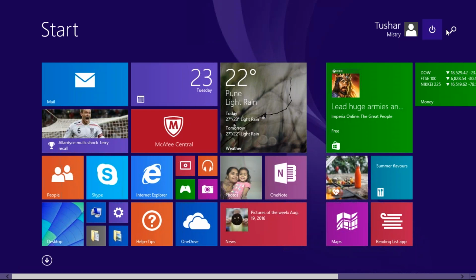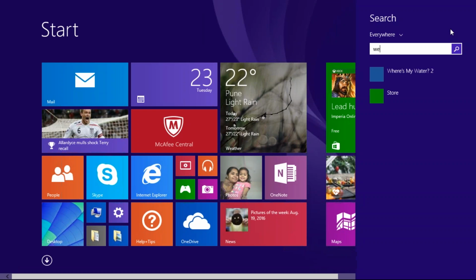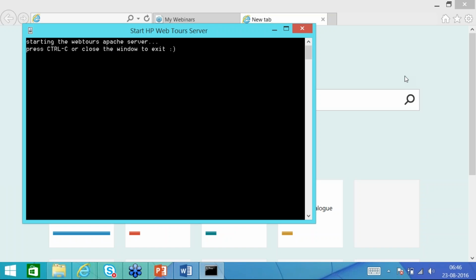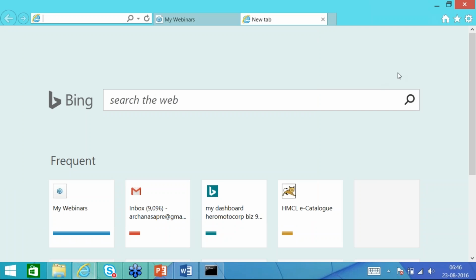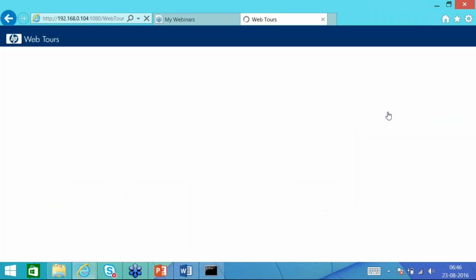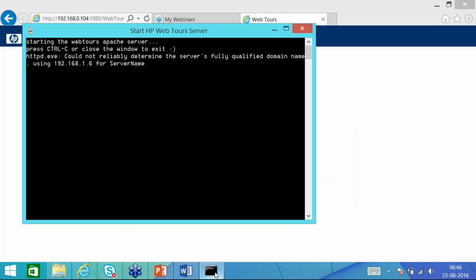I will just search for web2. You can see here Start HP Web2 server. I will just start it. Here you can see the URL, the IP address has been changed.